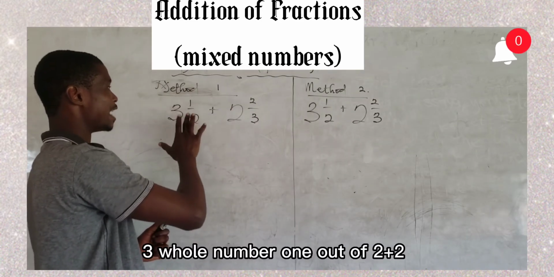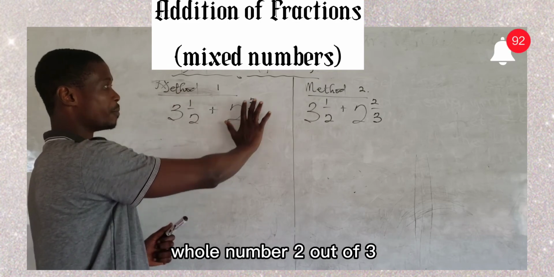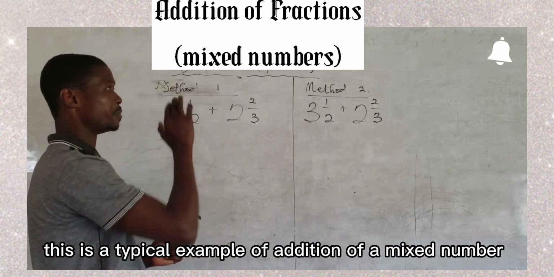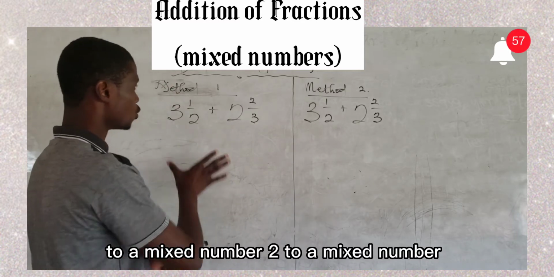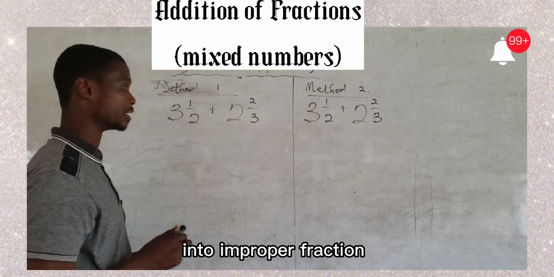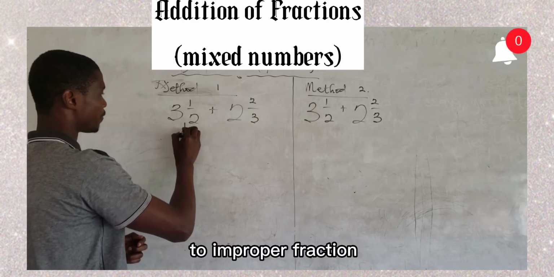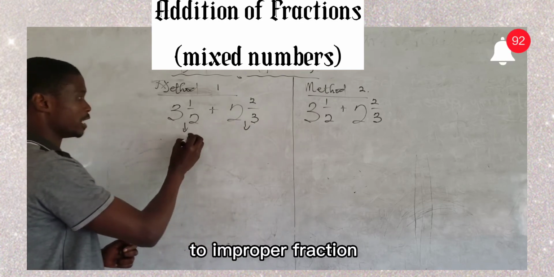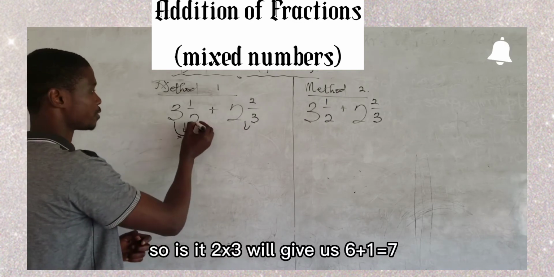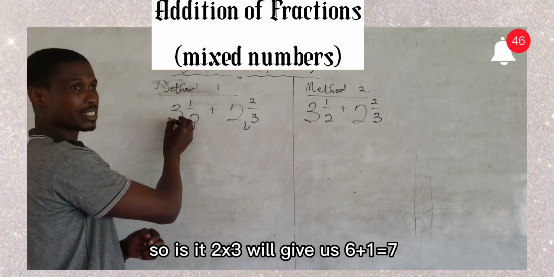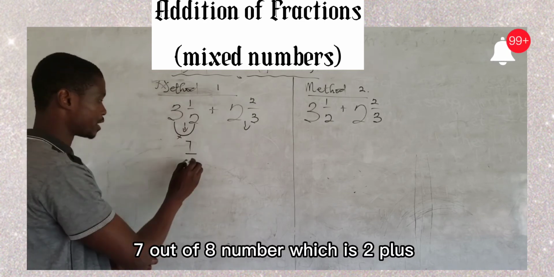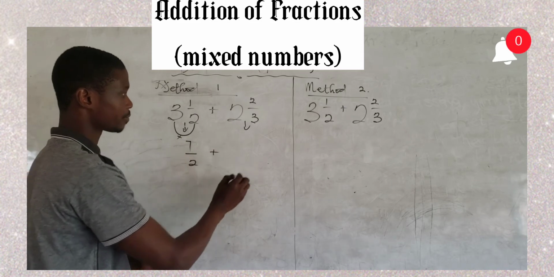The first method is what? 3 whole number 1 out of 2 plus 2 whole number 2 out of 3. This is a typical example of addition of a mixed number to a mixed number. So first of all, I'm going to convert this to an improper fraction. To convert to an improper fraction, you multiply the denominator by the whole number. You say 2 times 3 will give us 6, plus 1 is 7. 7 out of the denominator, which is 2, plus